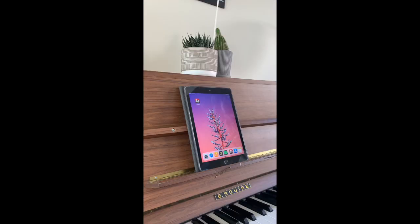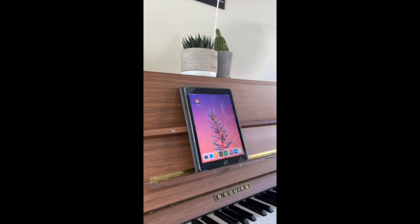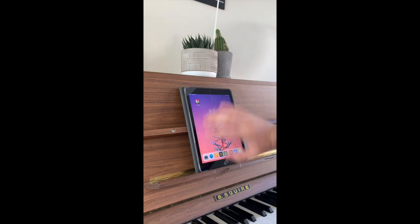So let's go. Okay, so a couple of things before we start. Make sure you've got a pair of headphones, really useful. You can do it without, but it's just going to give you a better audio quality if you use some headphones for recording as well. Cool. So once you've downloaded the app off the App Store, or you can get it on Android as well,